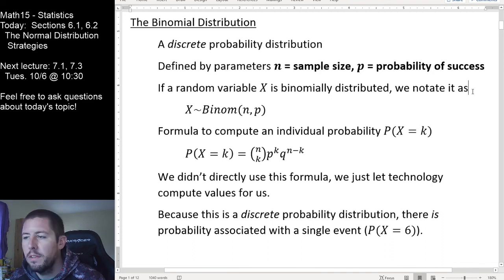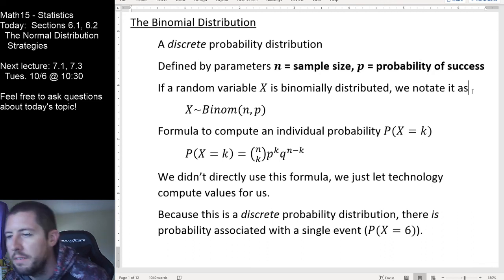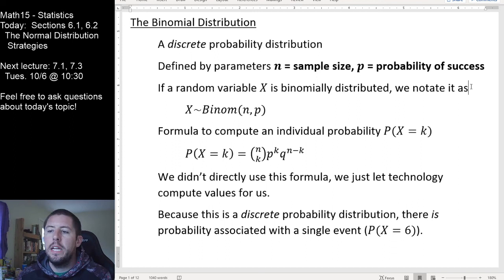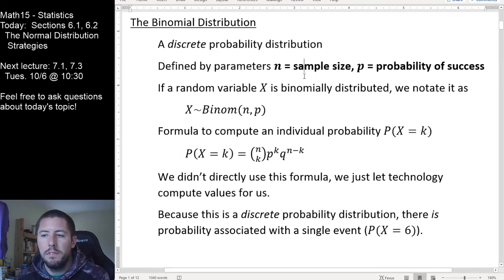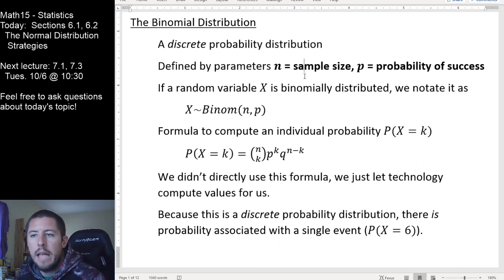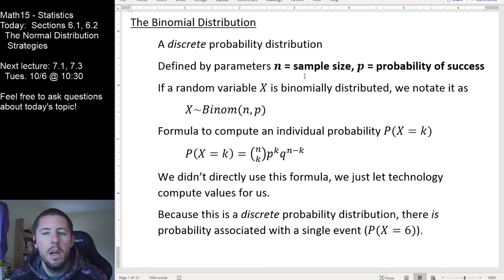We can't have a change in our probability of success. And finally, we need to have a fixed number of trials that we are performing, not some unknown number of trials. Those are the 3 things we need for a binomial style experiment here. The outcomes of a binomial experiment will be distributed binomially according to the binomial distribution. This is a discrete probability distribution because all of the outputs that our random variable is going to take on